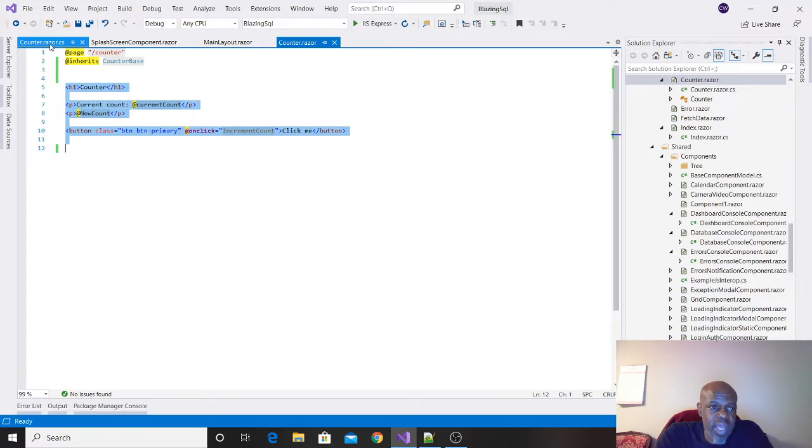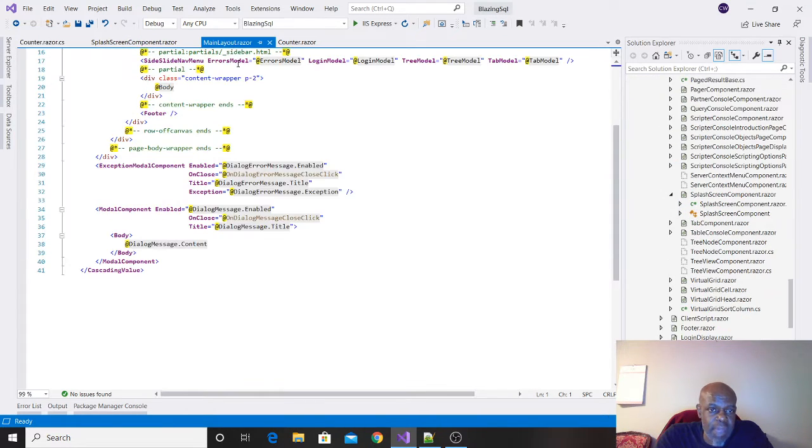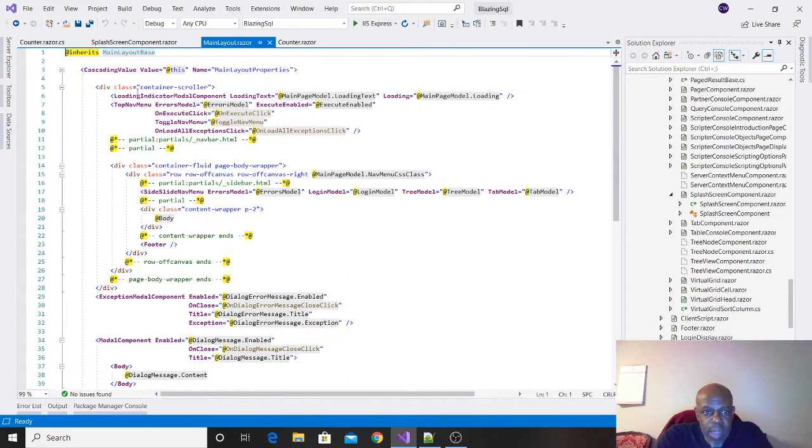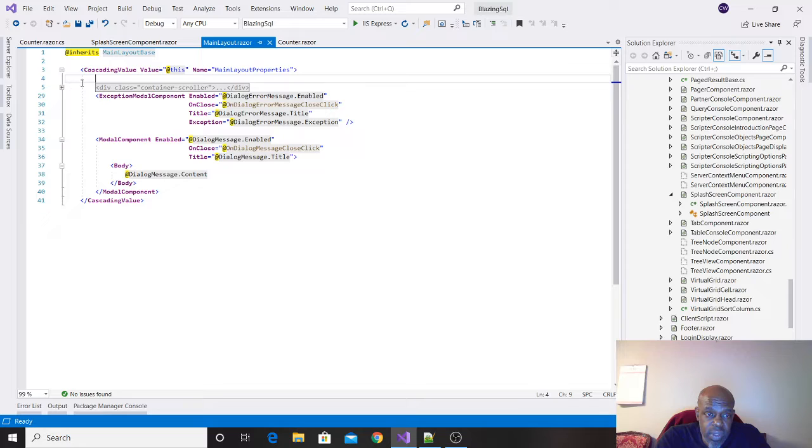For the most part, I try to put everything centralized into my main layout. My main layout is the one page that I know is going to always be up. If you shut down your application, this page no longer exists. So I figured this will be the foundation of where I put all my base code for everybody to inherit. I'm using cascading parameters. If you're familiar with cascading parameters, and if you're not, you'll enjoy them once you understand them and see the utilization of them.